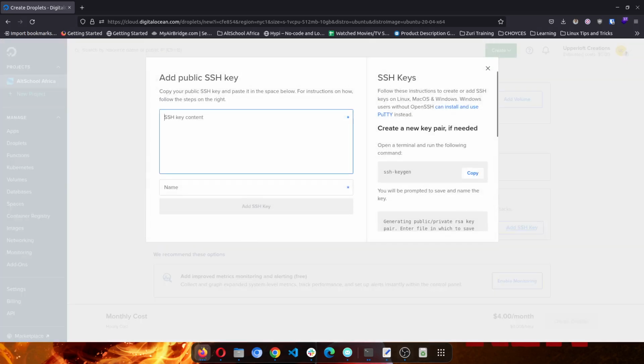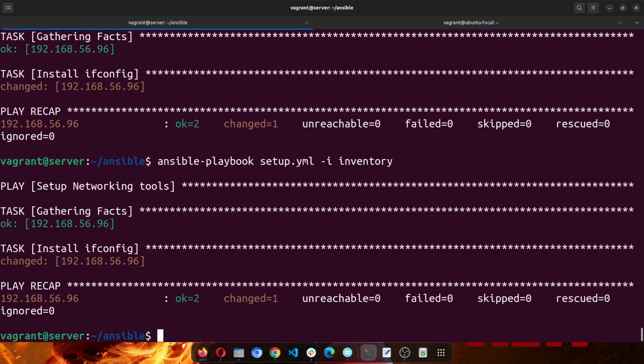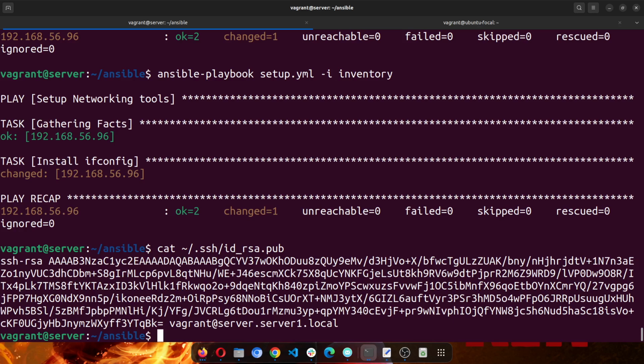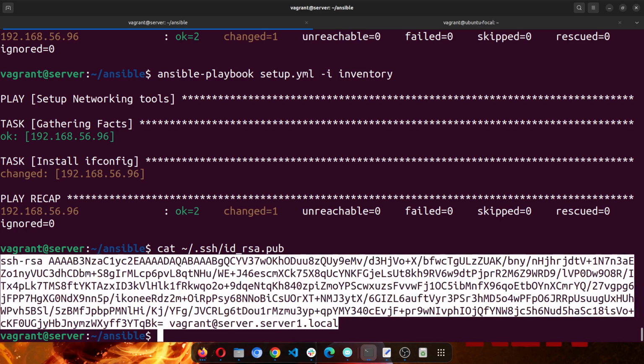So we already generated an SSH key on server one. So we'll just use the same SSH key, but this time we'll manually copy it. So I'll just cat the file, sorry, .ssh/id_rsa.pub. It's the public key that we need. So copy this